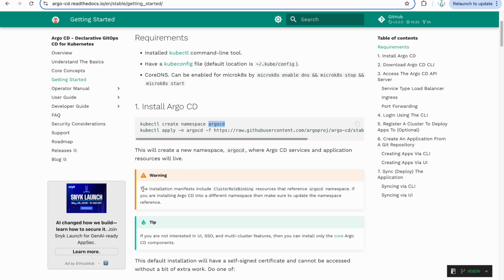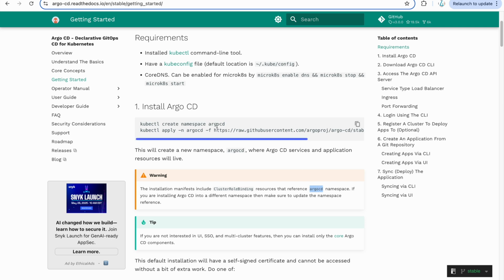They have put this warning that this installation manifest includes a cluster role binding that refers to the argocd namespace. So if you are changing it, make sure that you update all the references also.